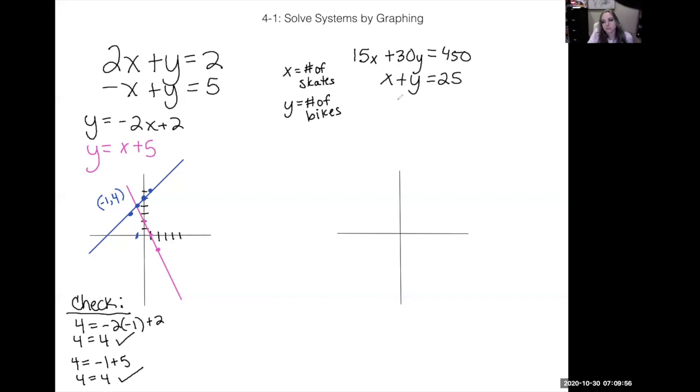So I'm going to keep rewriting these as slope-intercept. If I subtract 15x from both sides, I get 30y equals -15x plus 450. And I divide everything by 30. And I get y equals -1/2x plus, this is